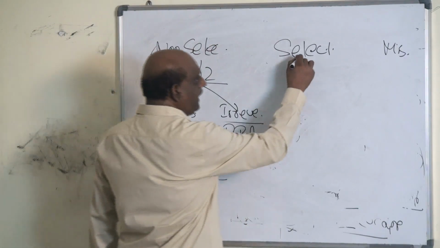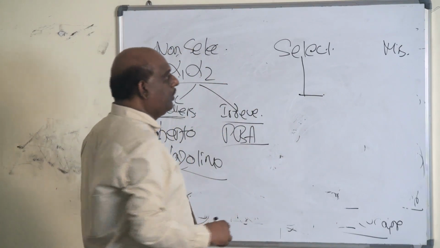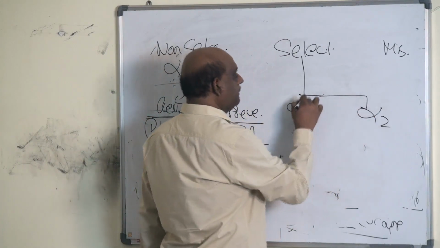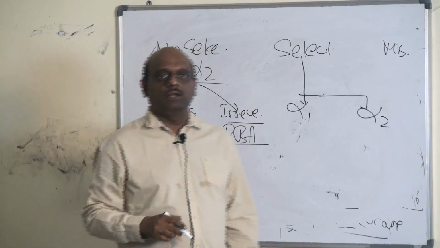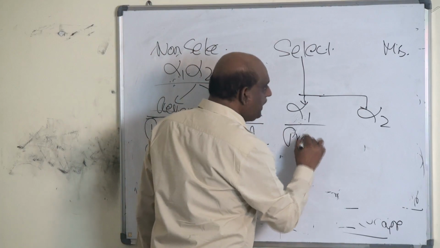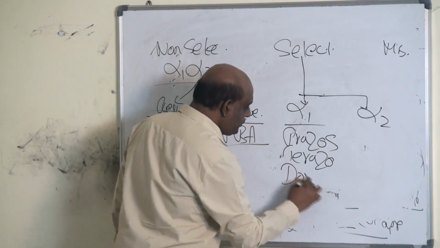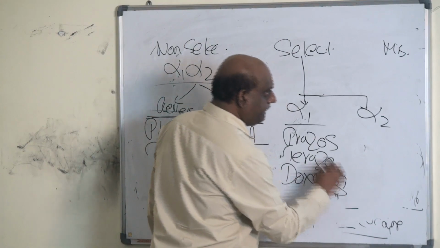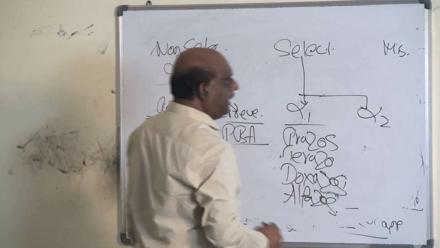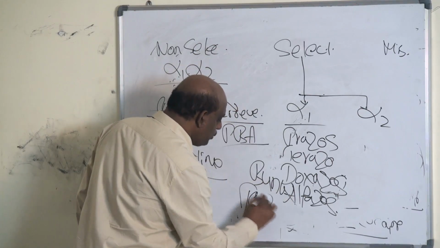Then if you look at selective blockers, you have selective alpha 1, selective alpha 2 only blockers. Now, what are alpha 1 selective blockers? Prazosin, terazosin, doxazosin, alfuzosin, then bunazosin, tamsulosin,